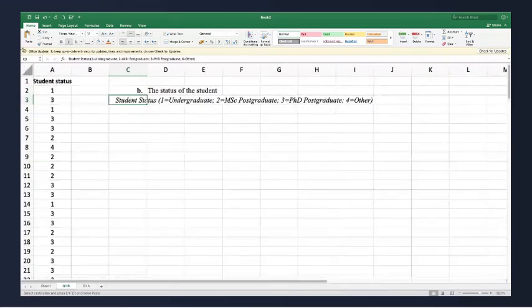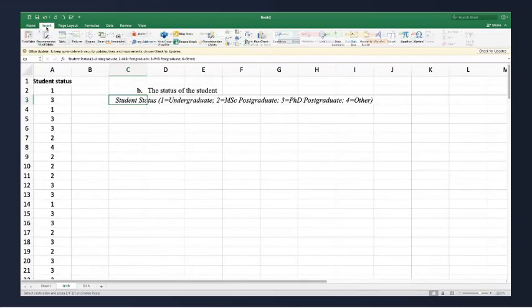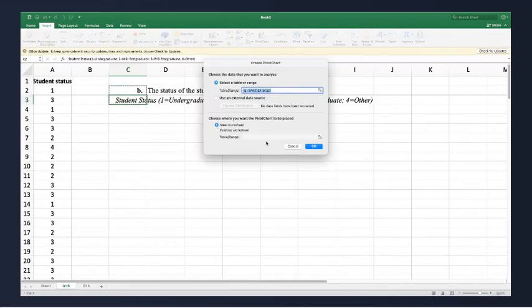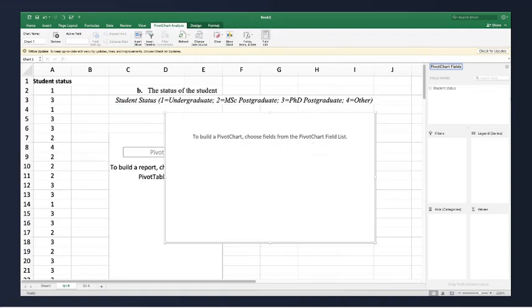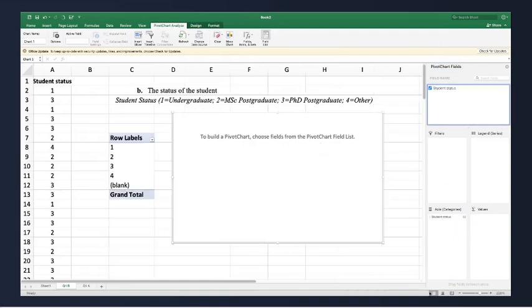Okay, now again I'll go in insert, right, pivot table. Right, if you want to use automatic, that's fine, but I will use this. Right, so existing sheet, take an output on the existing sheet. Again, I need a count, right? Remember one thing. So what I will do, I will now show it on the axis. If I put on axis, it will come vertically. Then again, student status in values.